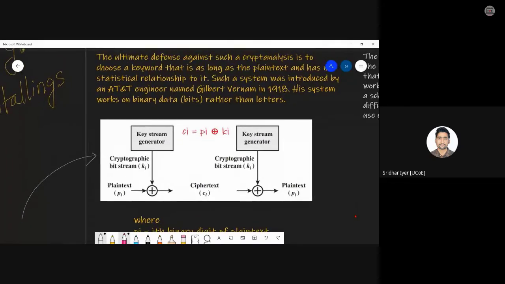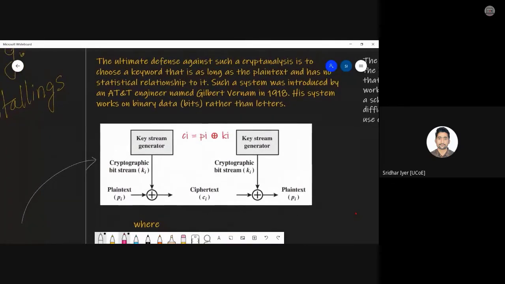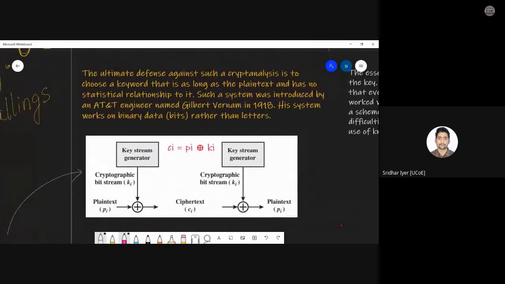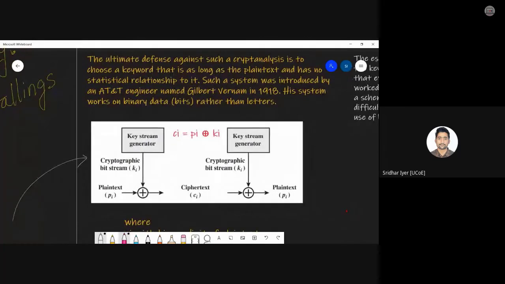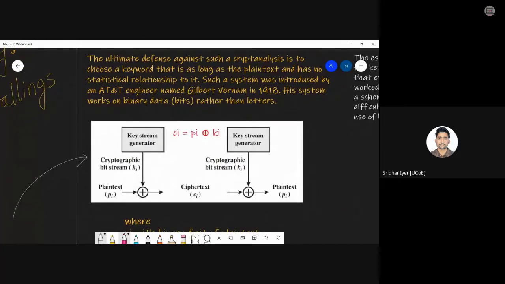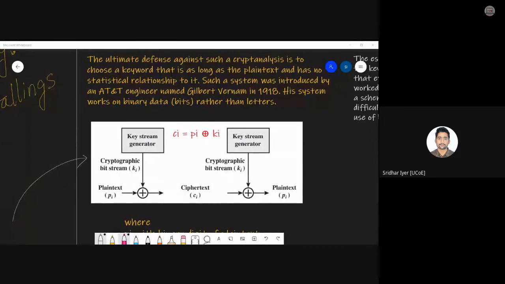The concept is like this. Instead of characters, what this cipher did was it used the binary equivalent. Just have a look at this diagram. If I say ABC is the plain text, it first had to be converted to its binary equivalent. Now the question arises: how will you convert an alphabet to binary? Any suggestions, any answers? There are various ways to do this, but I would like to know your answer.